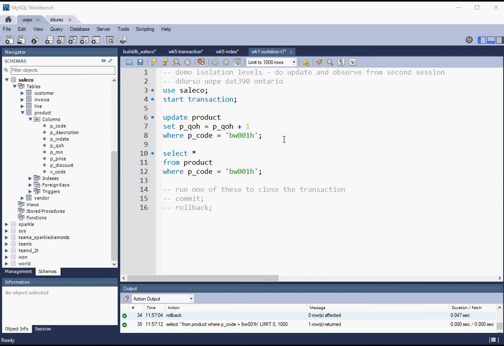The purpose of this brief video will be to demonstrate isolation levels in MySQL. I'm in the MySQL Workbench and I have set up two connections, one to UOPX and one to DDurso. In both cases, I'm working with the sale code database, which is a simple sales